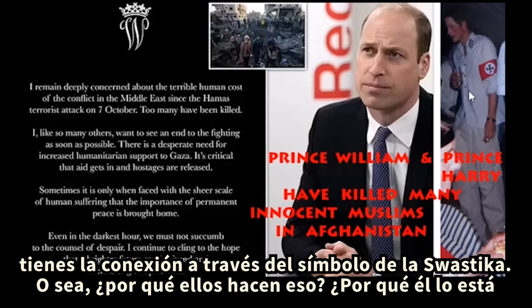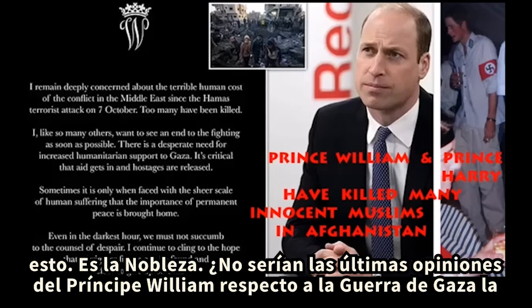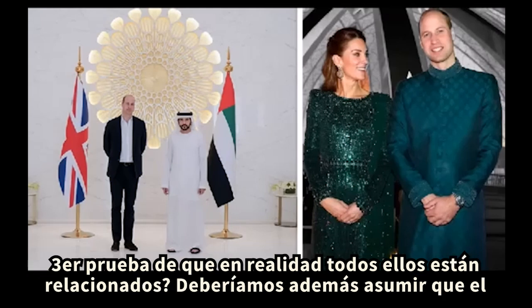Why is he saying this? It all has a reason, and the reason is that blood is thicker than water. That's what it's all about. It's the nobility. Wouldn't Prince William's latest opinions concerning the Gaza war be the third proof that they are in